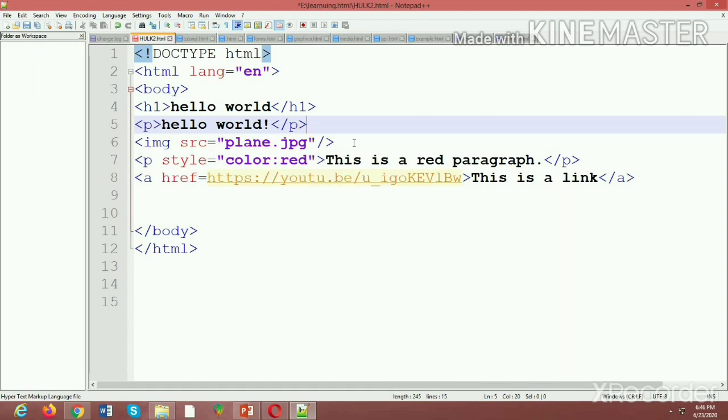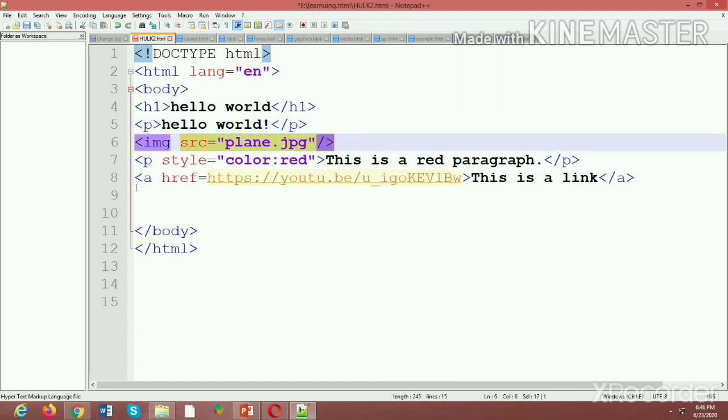Now this is the attribute. The image attribute is used for adding any image to your web page. So this is the src or the img attribute. The src attribute is used if you want to add any image, as I have told you earlier. Now we'll move on to the style attribute, which is used to add any color or style to your web page. So it is a CSS body.